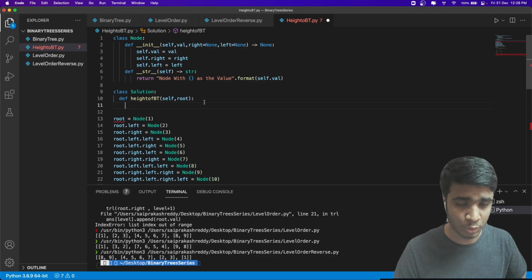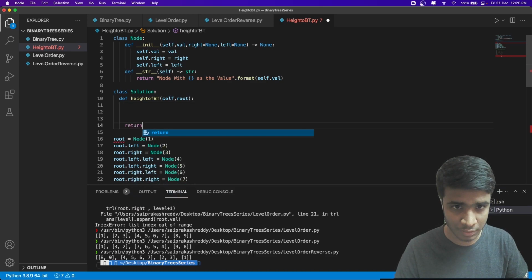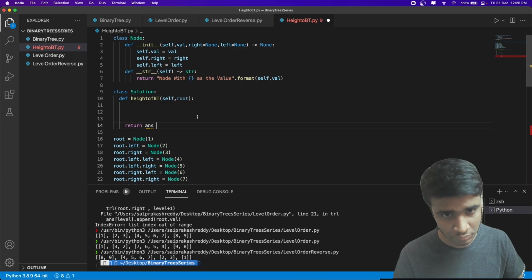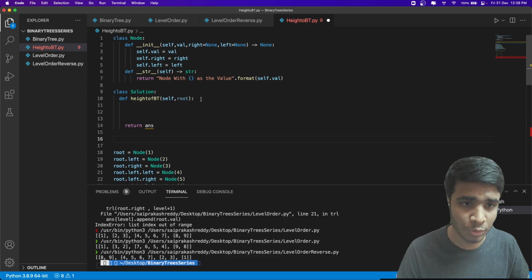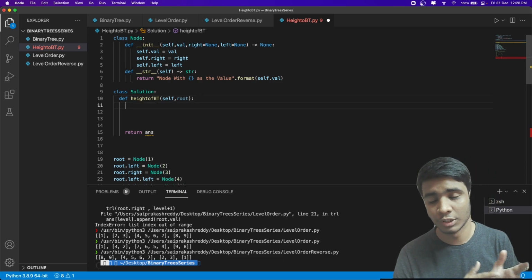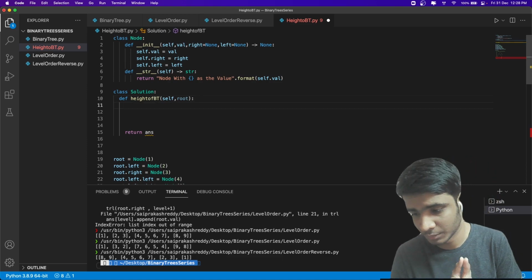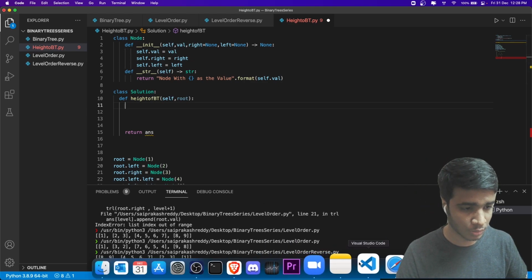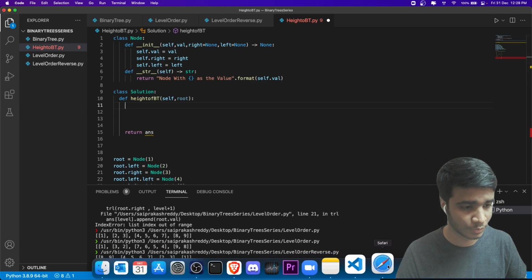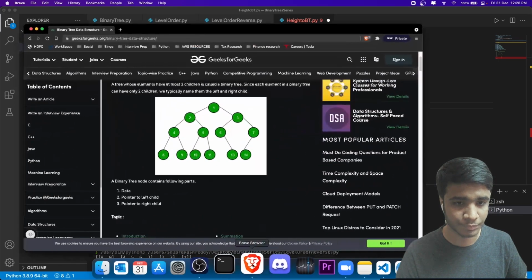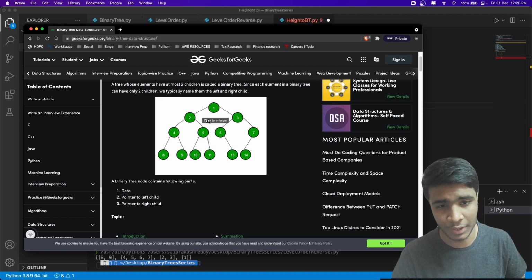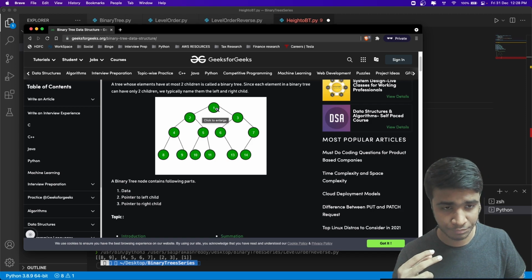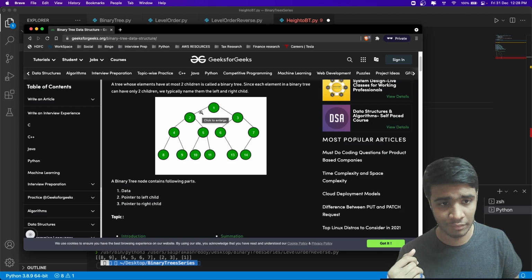So now we have to return the answer. How do you do it? I would do it through this method called recursion. Let me explain with this picture. If you want to find the height, there could be two ways of finding it. We have a left child, we also have a right child.